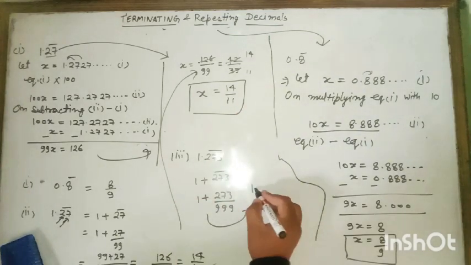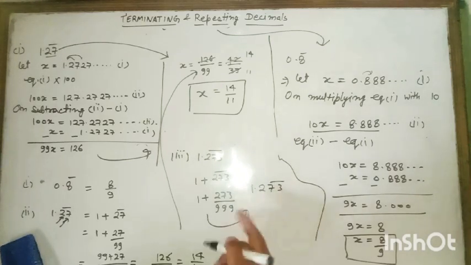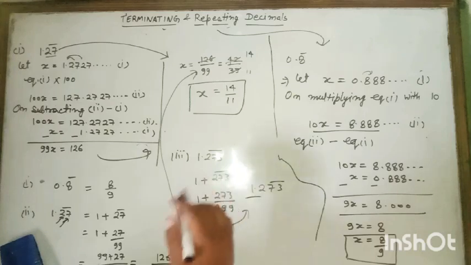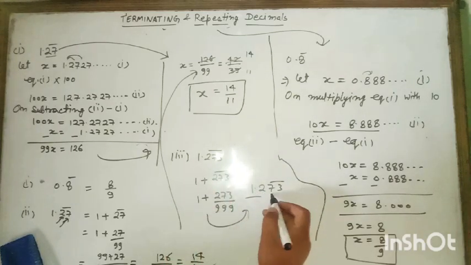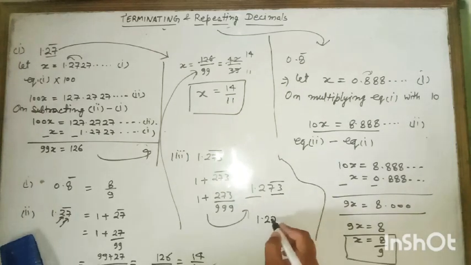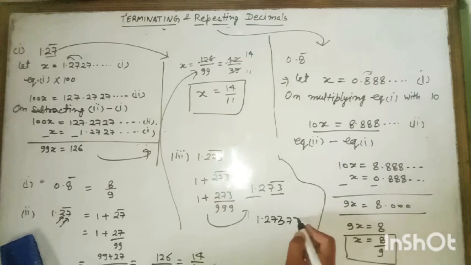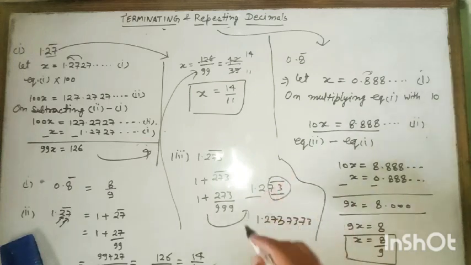And one more case is, if a number is 1.273, in that case, if only part is repeated, then you can't follow the same method, because it will be 1.2, up to here it will be, but only 73 is repeating, so its form will be 1.27737373. There is a little difference that you have to know, that above which the bar is there, or we can also represent it with a dot, like this.